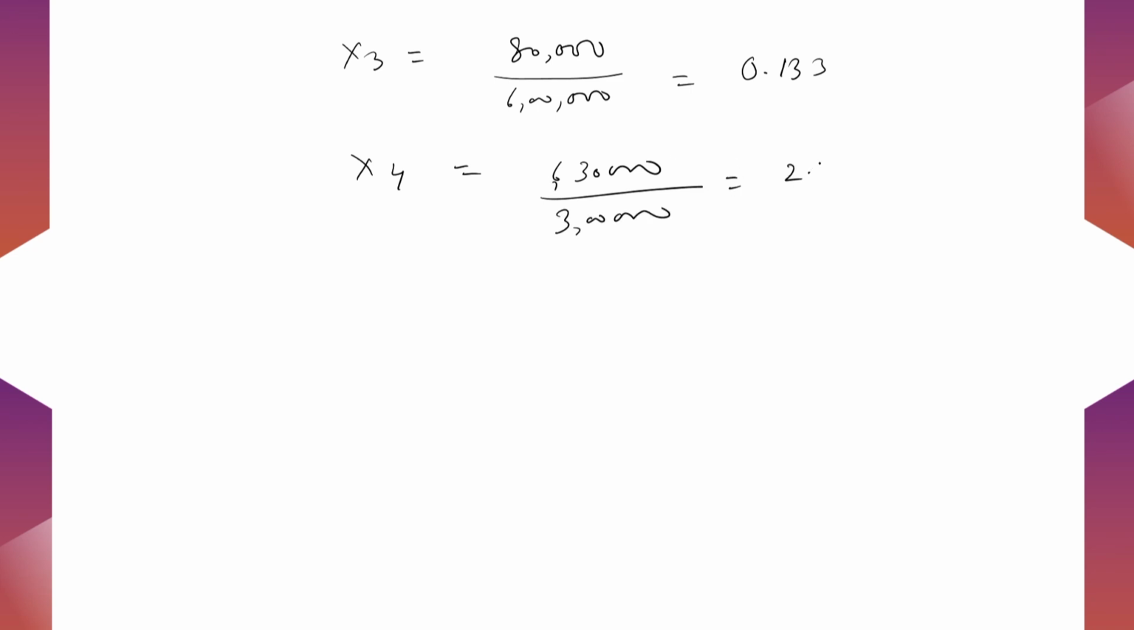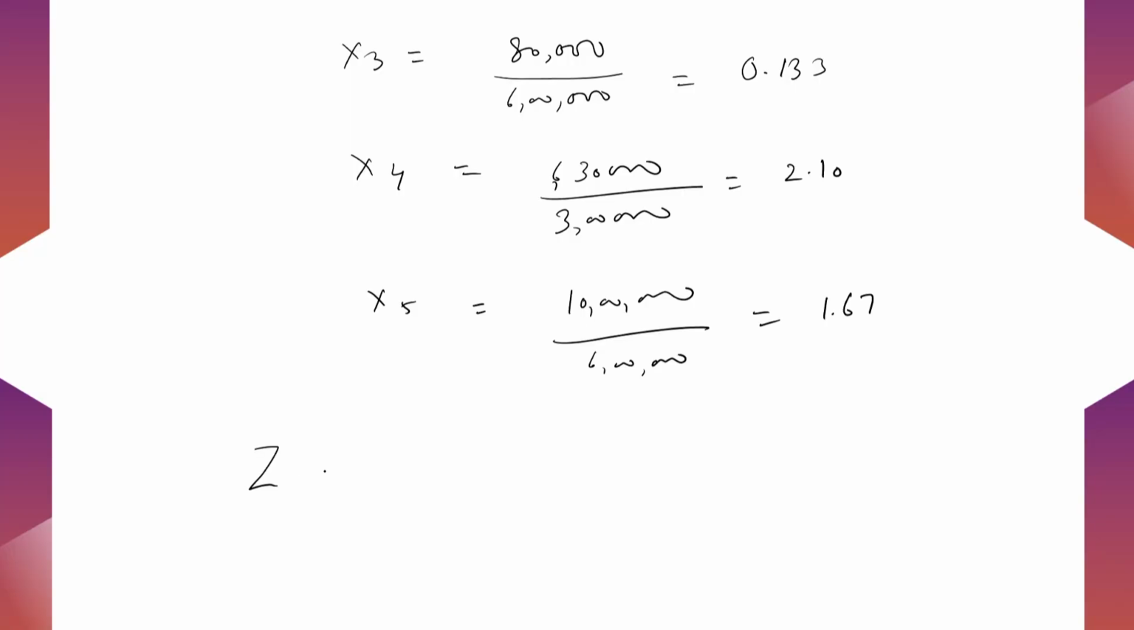So we got the figure of 2.10, and then we calculate x5, which is equal to sales upon total assets. Sales in the question is 10 lakh and the total assets is 6 lakh rupees. So we got a figure of 1.67. As you can see, we computed all the values of x1, x2, x3, x4 and x5. Now putting all these values into the Altman Z-score formula, the Z will be equal to